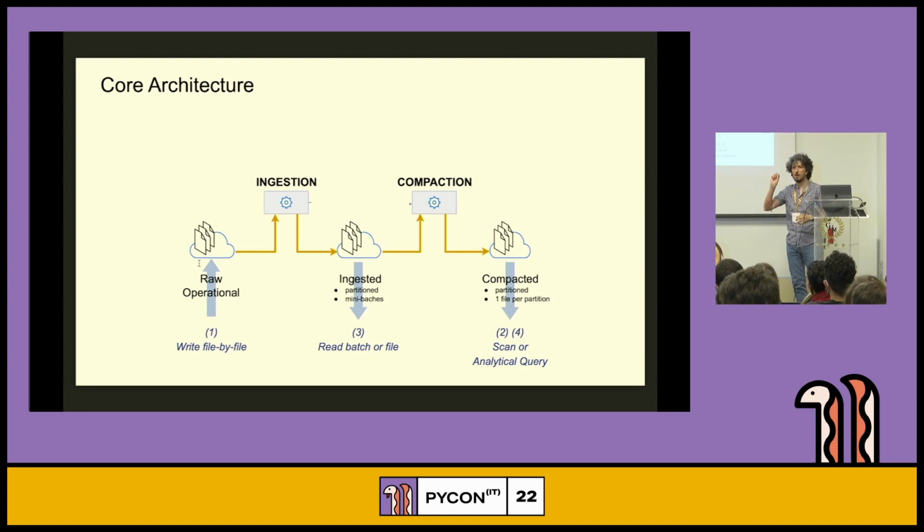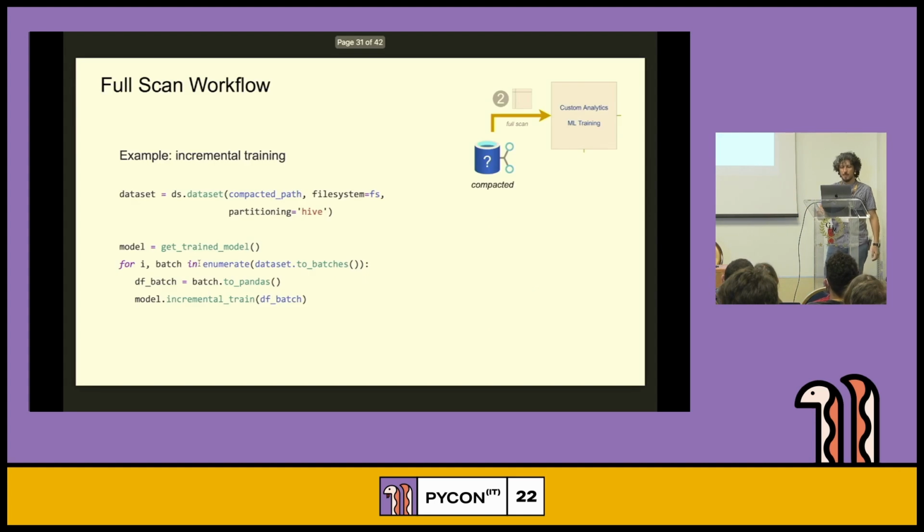So if we need to pick one, we just pick that file that we need. And the compacted version is good for ML training or for analytical queries. And we are going to see this workflow. To do a full scan for ML training, we open the dataset and we use